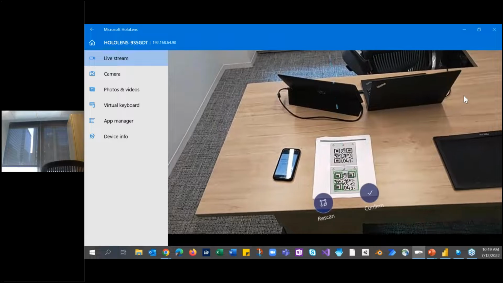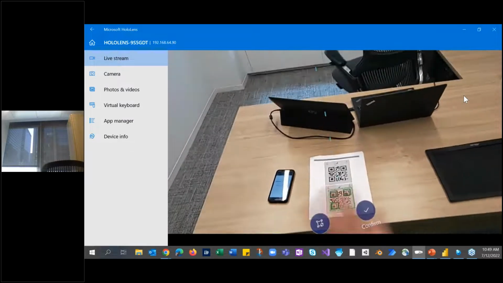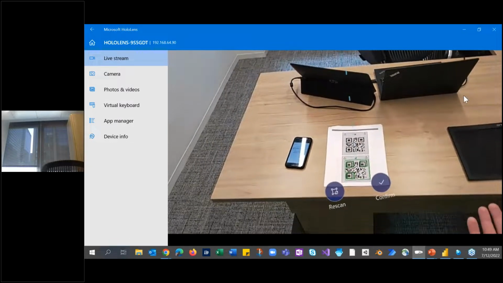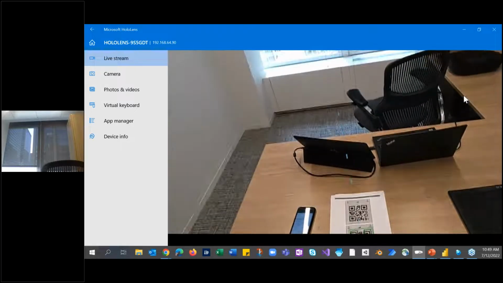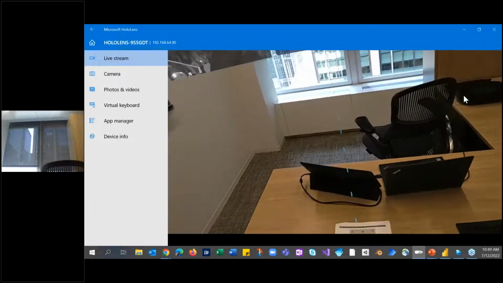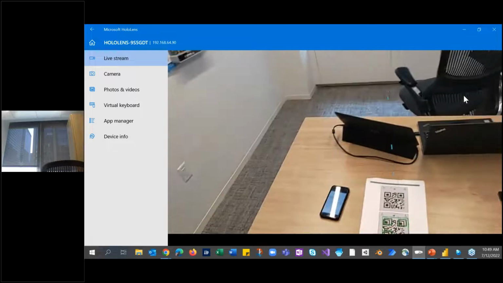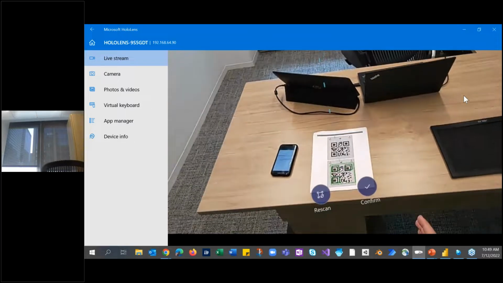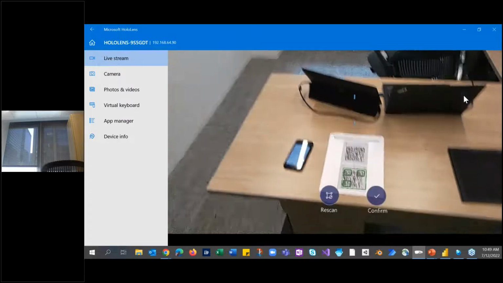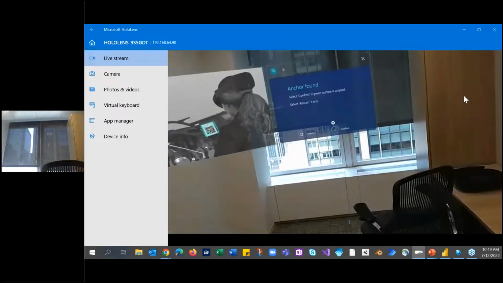Usually, if it's the first time you scan it, it would of course not remember, because it doesn't know, but it even remembers it based on the setup in the room here. You can also have other anchors, as I said, like an Azure anchor, which is more object detection, where a 3D object would recognize the machine, or you can have a holographic anchor, which is a 3D object that you manually overlay with the physical object, and then you press start. This is just the starting point of your coordinate system and where you place your 3D objects. I just want to make sure you understand that this is pretty much the starting point of your coordinate system. Okay, so I can say confirm,